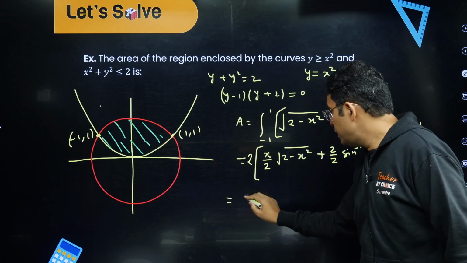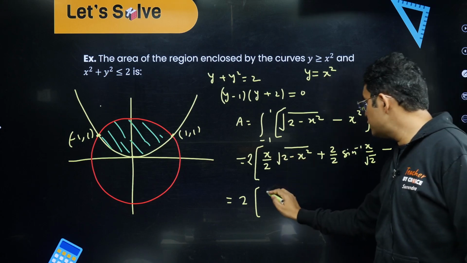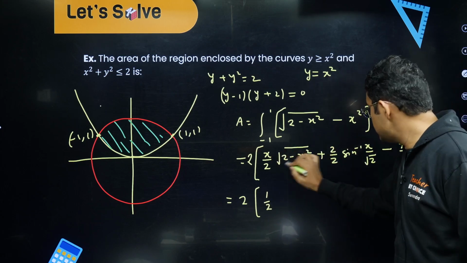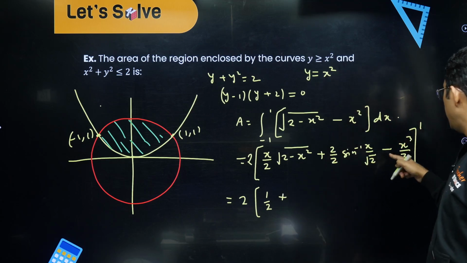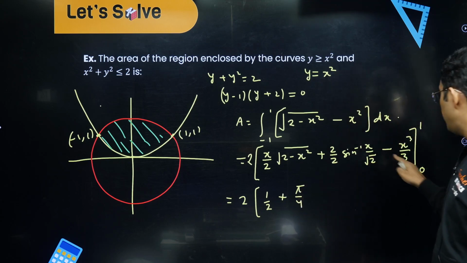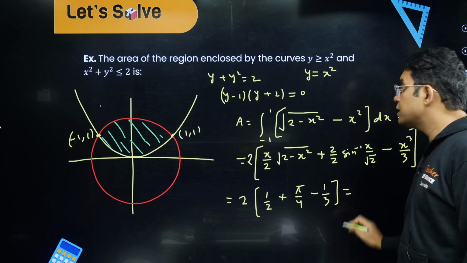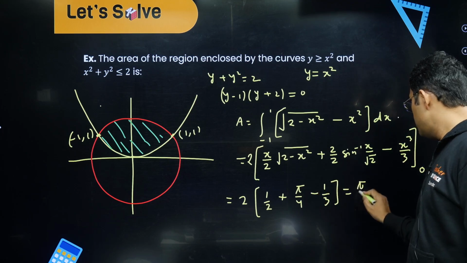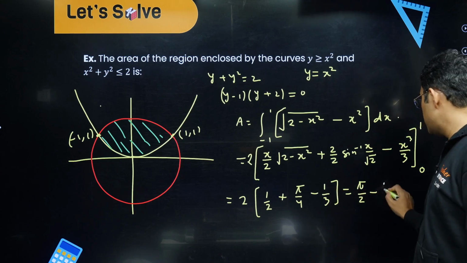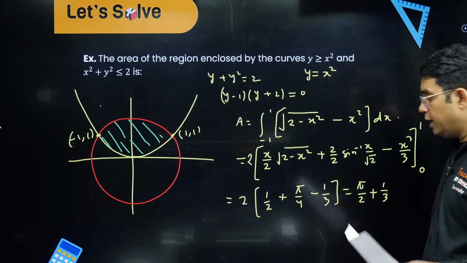Now if we do that, if I put x equal to 1 here, we get 1 upon 2, and this is also 1, so 1 upon 2. If you put 0 in this, it will give you 0. So this is now done, plus 1 into sine inverse 1 by root 2, which will be just pi by 4. For 0, it will give you 0, and for this it will be minus 1 upon 3. So the final answer will be pi by 4 into 2, which is pi by 2, and minus, I think this will be 1 upon 6, so 1 upon 3, with a plus sign. So pi by 2 plus 1 upon 3 is the answer of this question.